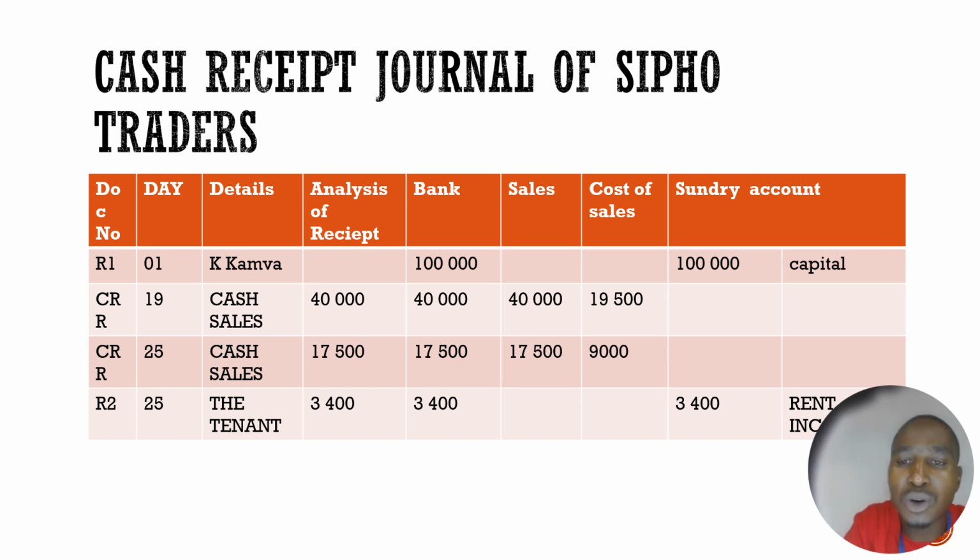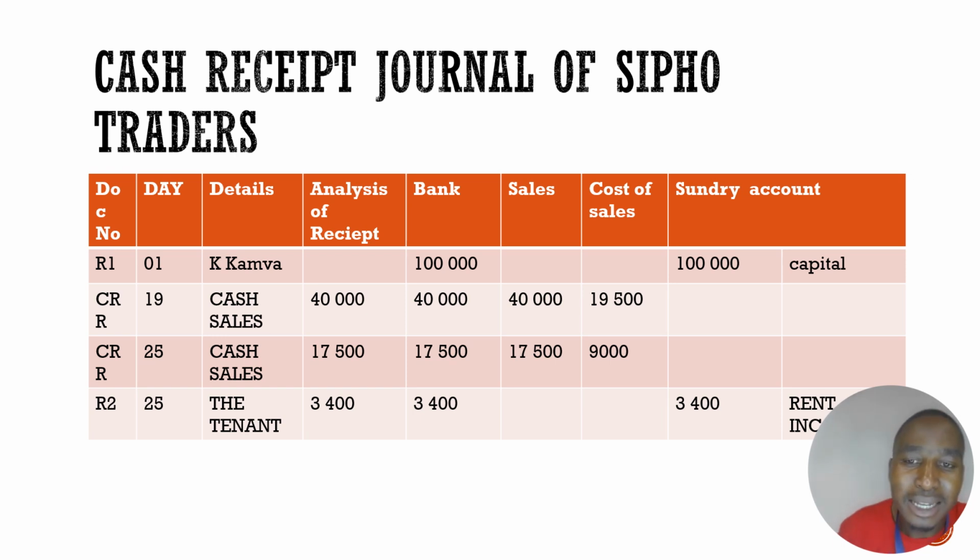We have the tenant. Because we are not given the name of the tenant who paid for rent, we'll just write the tenant. But if you were given the name of the tenant, you'll write his name. Now, we do write 3,400 under analysis of receipt because we assume that the tenant gave us that money in cash. But if the tenant did go to the bank and deposit the money directly into the business bank account, we will not write under analysis of receipt